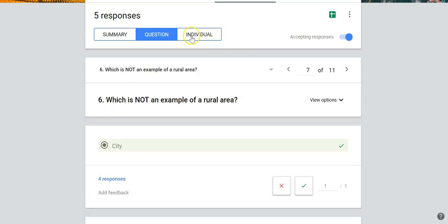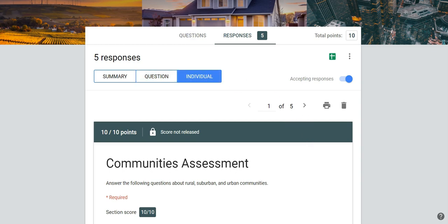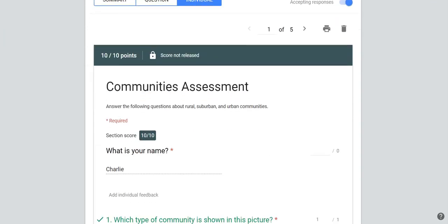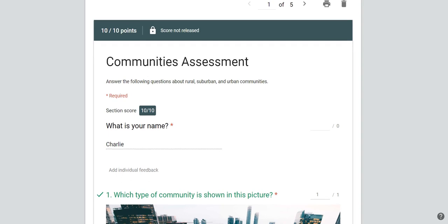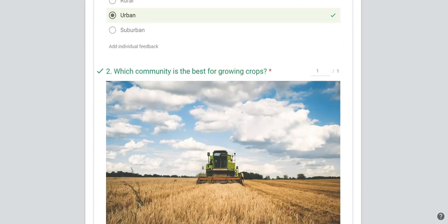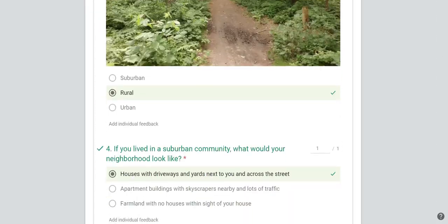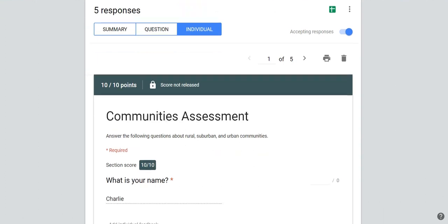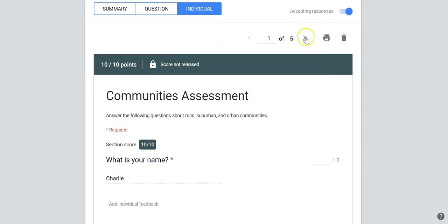The last little tab up here is for individual results. So you can see each student's test. So this was Charlie's, and so I can go through and look at all of Charlie's questions and her answers. If I want to go to the next student, I can click this little arrow here,